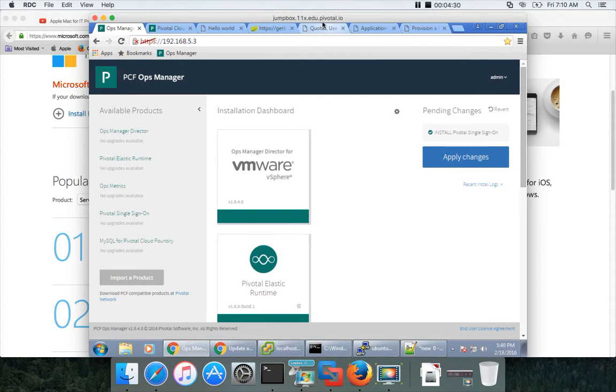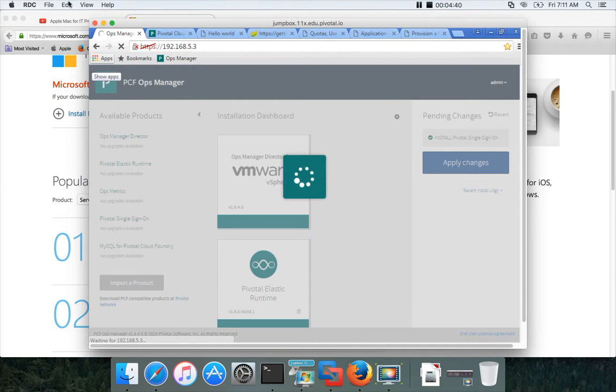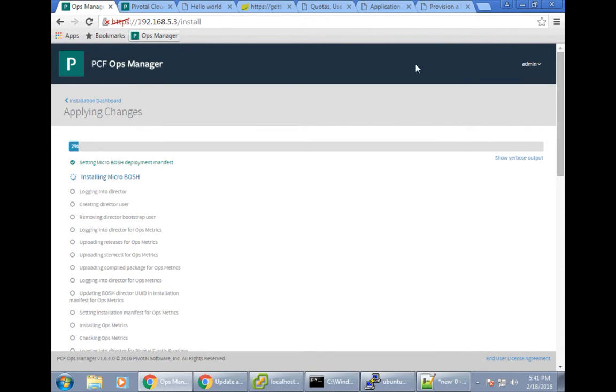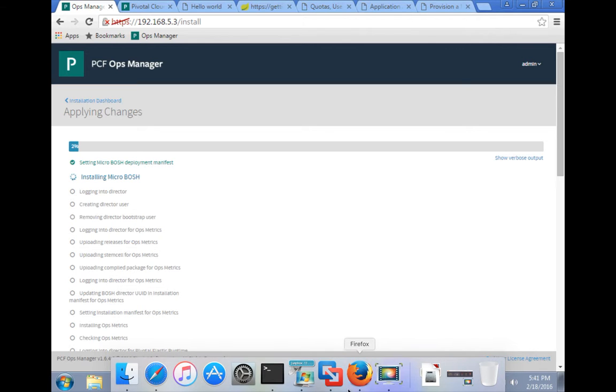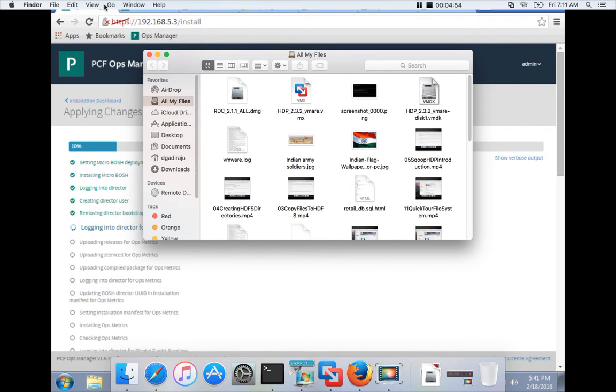You can double click and, I think I have to change the preferences to go to the full screen mode. If you are comfortable with full screen mode, yeah, go to view and click on full screen. It will go to the full screen mode. Even in full screen mode, you will be able to access the dock if you move your cursor down. If you want to change the mode, you can again go to